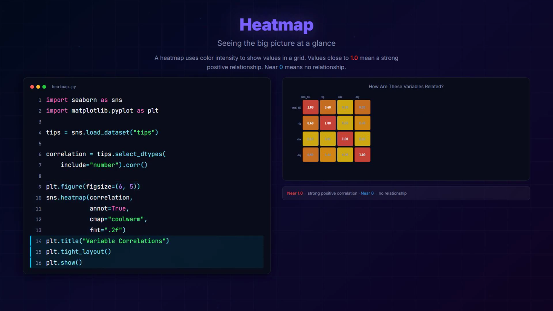Here we calculate the correlation matrix from the tips dataset using the corr method, then pass it to Seaborn's heatmap function. The annot parameter adds the actual numbers on each cell, and cmap coolwarm gives us a red to blue color scale. Watch as each cell fills in,